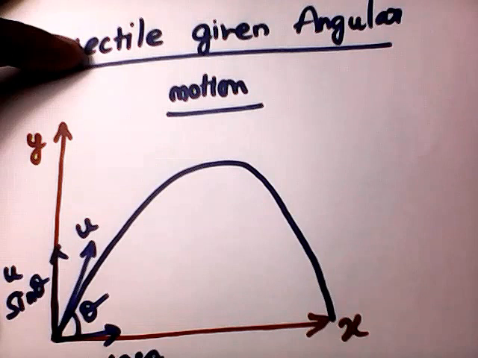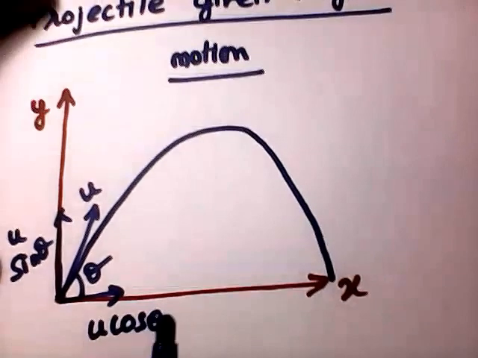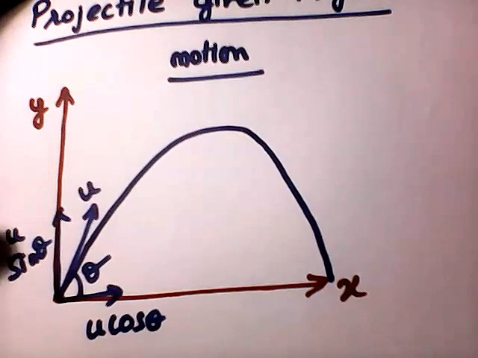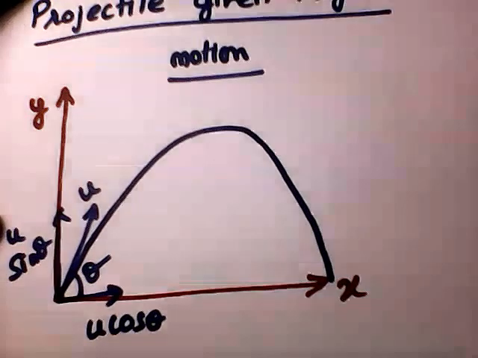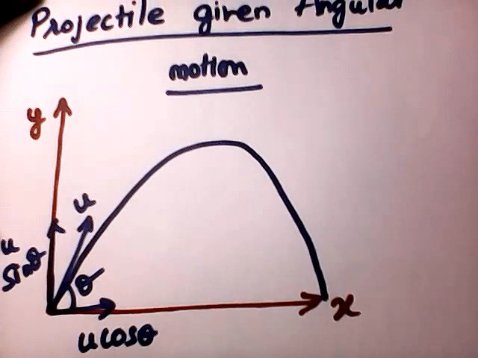The horizontal component u cos theta is responsible for the maximum range and u sin theta is responsible for the maximum height. With this basic concept we are going to see the projectile